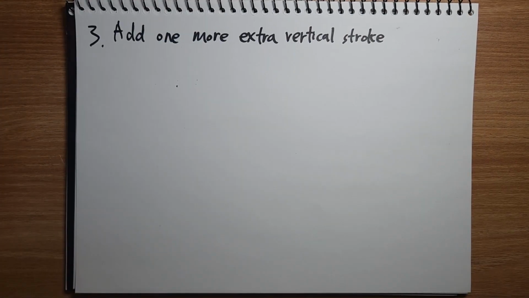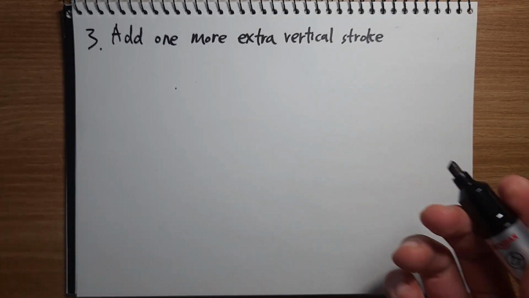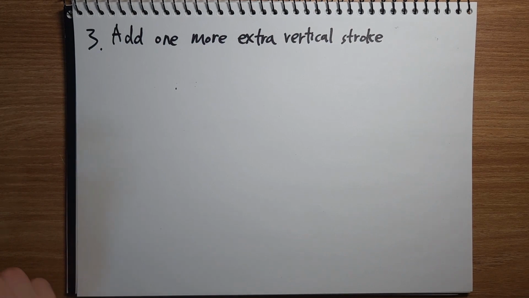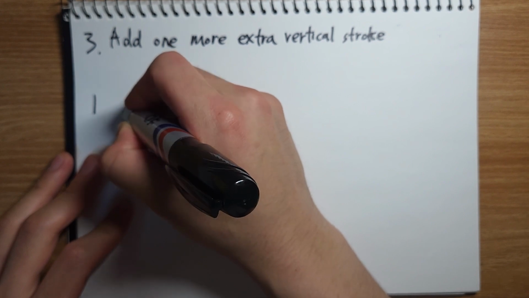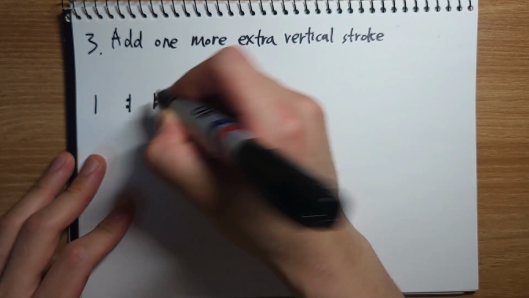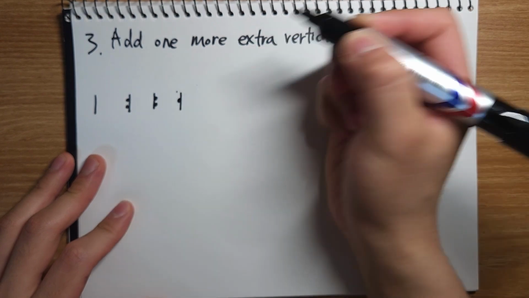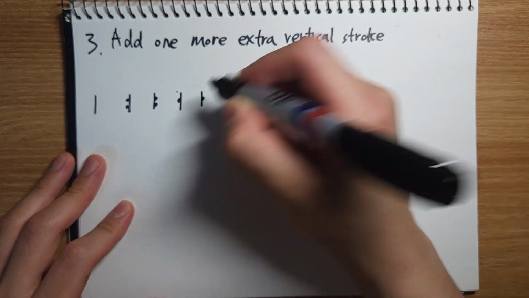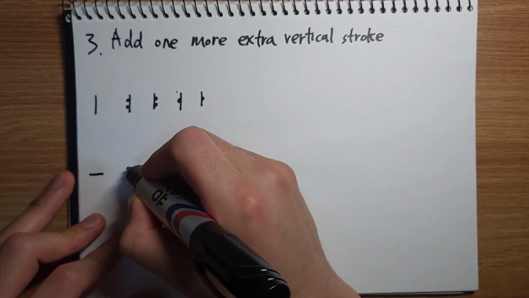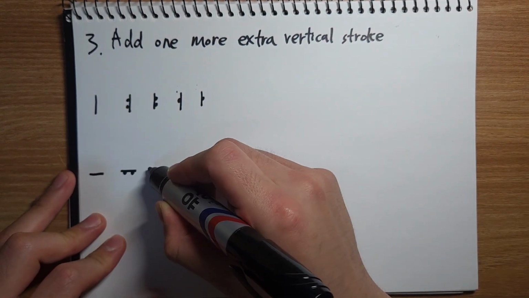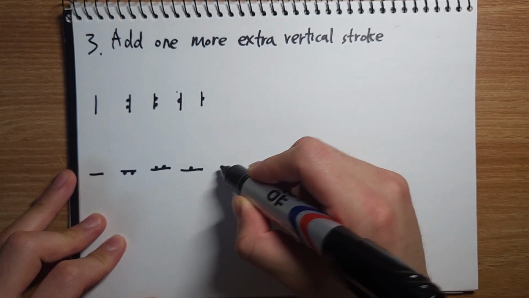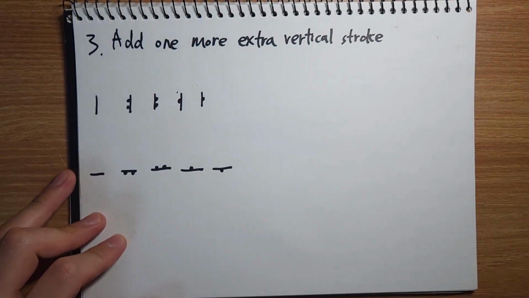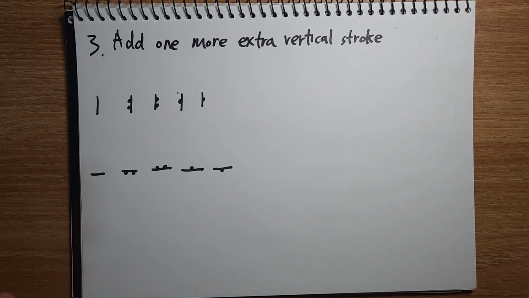And for third, you can add one more extra vertical stroke. So let me just write down the vowels we made beforehand. From E, there are yo, ya, o, a. From U, we have you, yo, u, u. From here, we can add one more extra vertical stroke